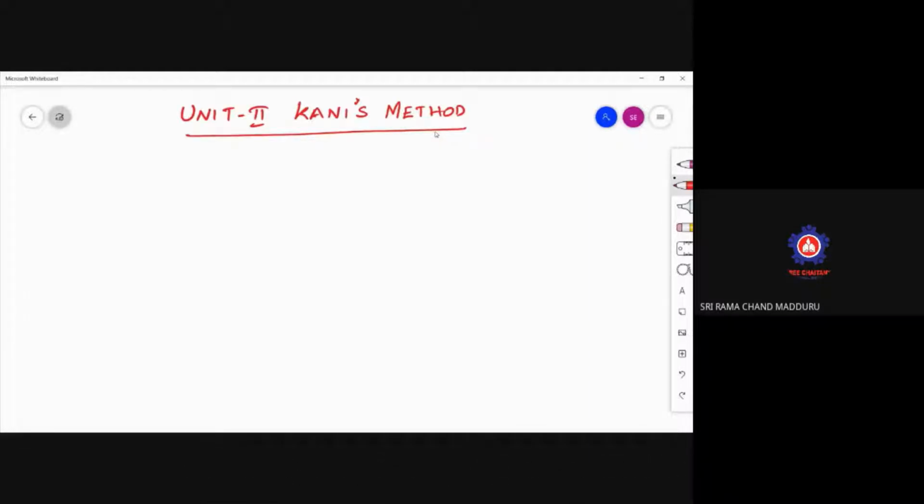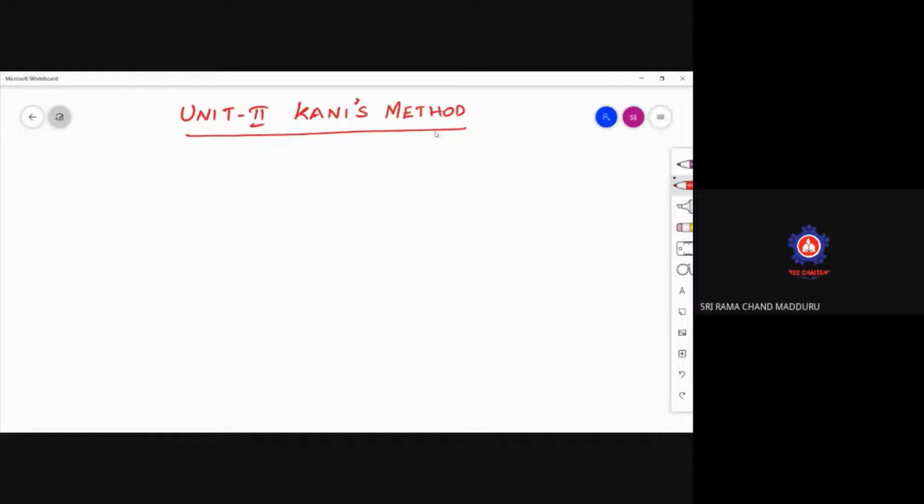In this class, we are going to learn what is meant by Kani's method and what are the advantages of this Kani's method over the moment distribution method. Then, how to analyze an indeterminate beam or indeterminate frame with the help of Kani's method. So that's the idea. First of all, Kani's method was developed in 1947 by Caspar Kani of